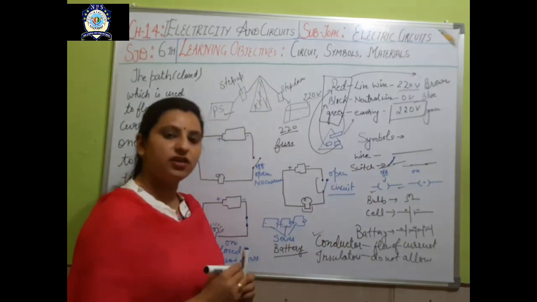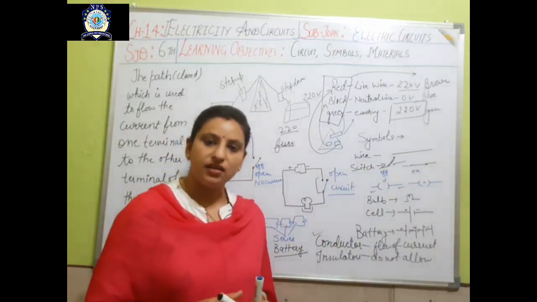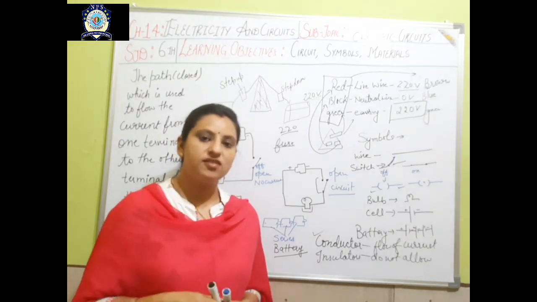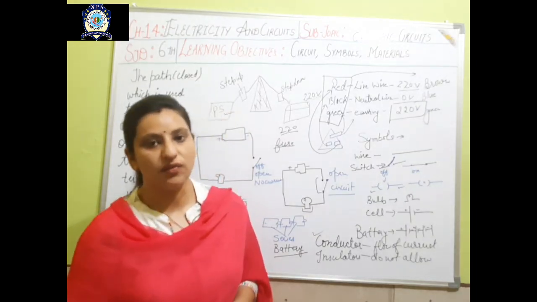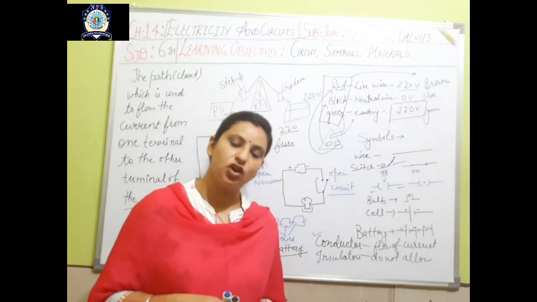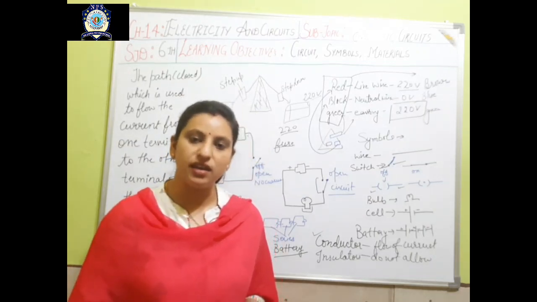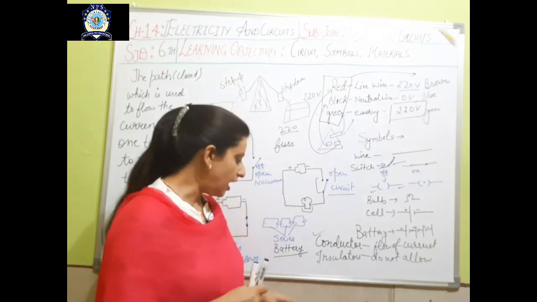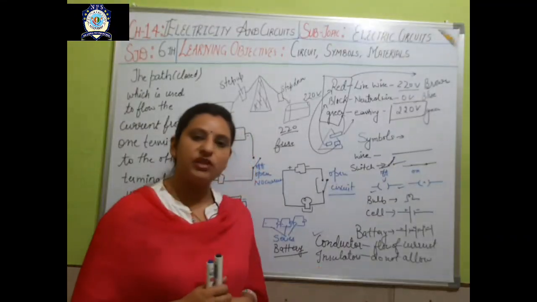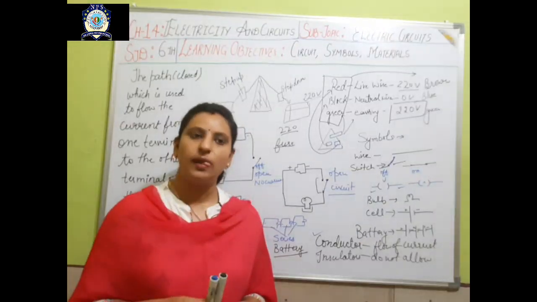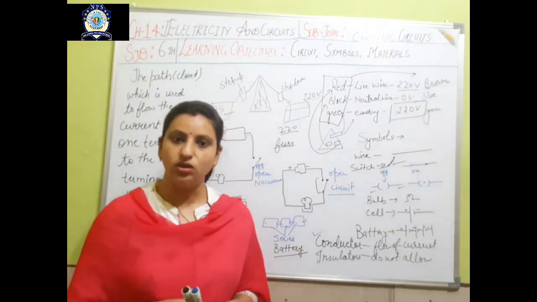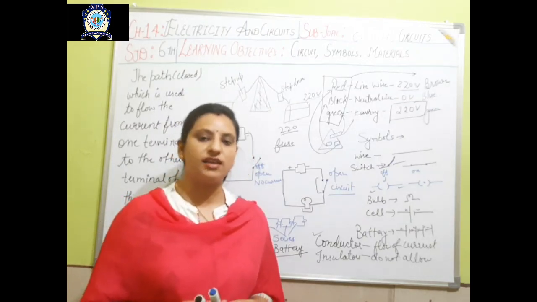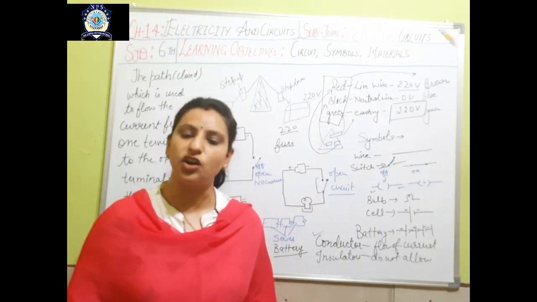For conductors we can take metals like copper, silver, iron, gold. But silver and gold we can't use for making wires because they are very expensive. So to make the wires cheap and inexpensive, we go for aluminium wires or copper wires. And for insulators, the examples are wood, paper, air is a very good insulator, glass is a very good insulator. These act as insulators because they do not have any free electrons